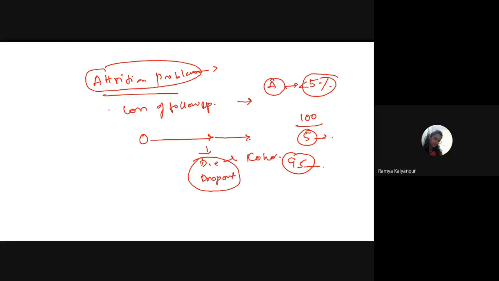So are you all clear with this? Today, what all have we seen? Descriptive study: time, place, person. All those diseases, you have to remember them. Chances are that they can ask you which diseases are more common in which place. Then after the descriptive study, a part of the analytical study we have seen. In that we have seen the cohort studies. In that, three types of cohort studies we have seen: prospective cohort, retrospective cohort, and the mixed cohort. Then we have seen something about the case control study.